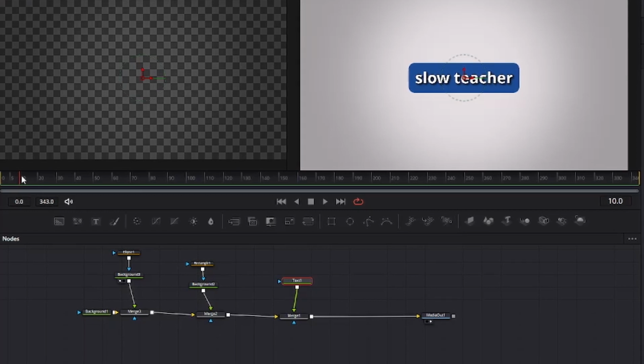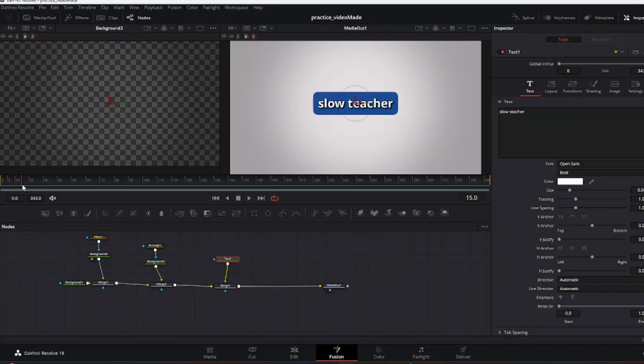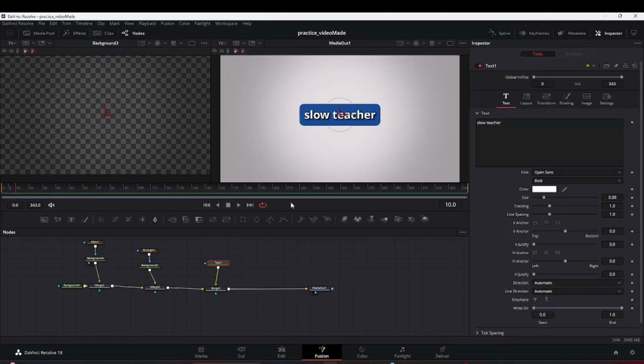So what we're going to do is we want our text to start right here as invisible and become visible at, let's say, 5 seconds. Okay, so the longer you make it, the slower it gets. The shorter, the faster; the longer, the slower. So let's make it 5 seconds. So we're going to start with the first second. So what we're going to do is bring this down